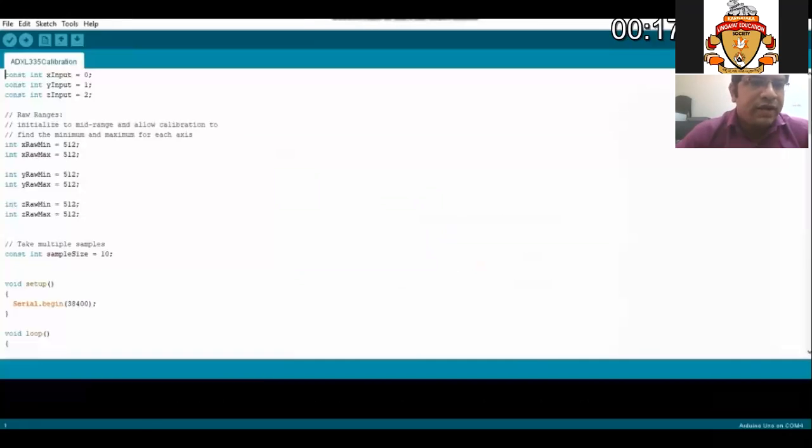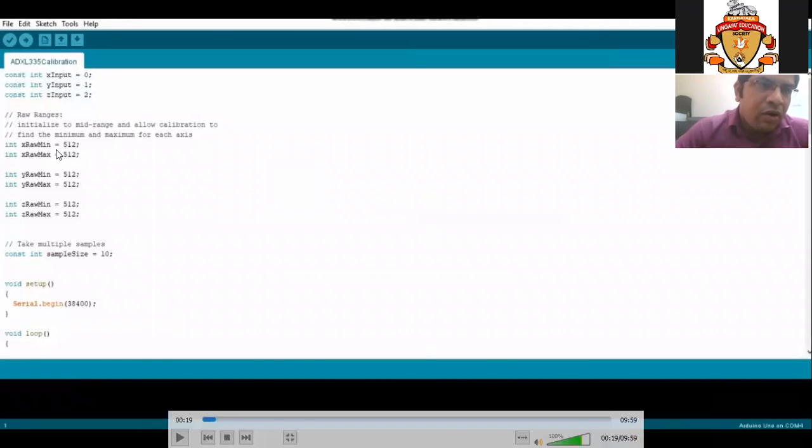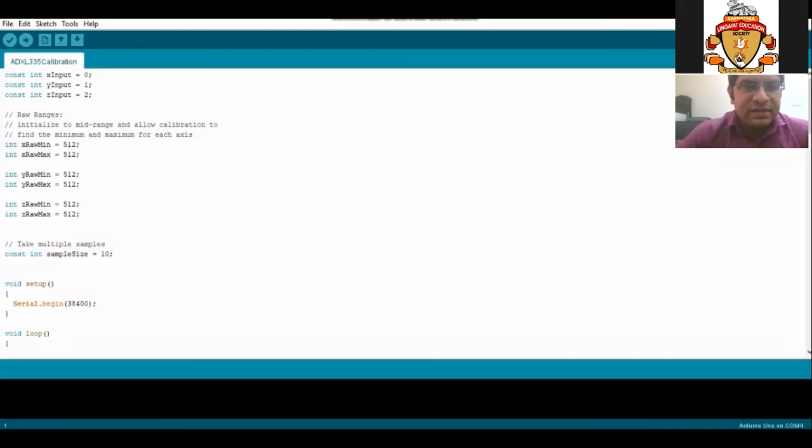In the Arduino IDE, initially all the values will be defined to the default value of 512, right? But we have to find the X raw minimum, X raw maximum, Y raw minimum, Y raw maximum, and Z raw minimum and Z raw maximum. That is, the values coming for minus 1G and plus 1G for the X axis, Y axis, and Z axis.